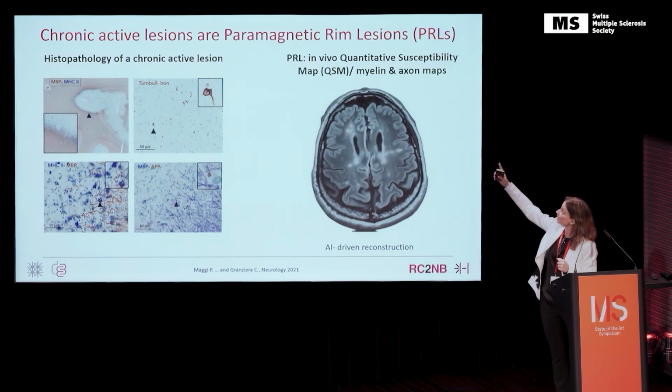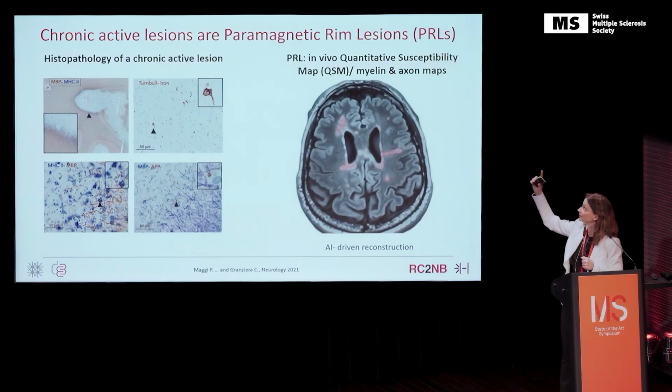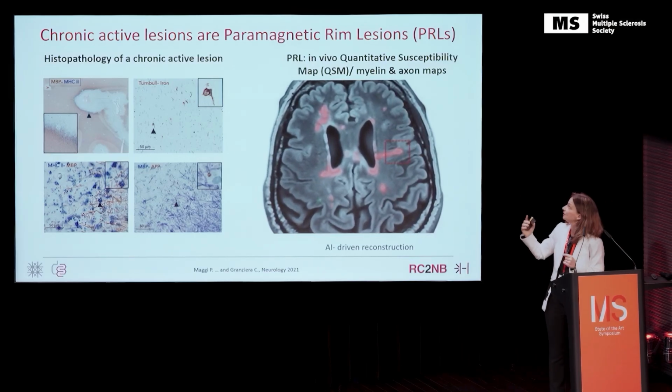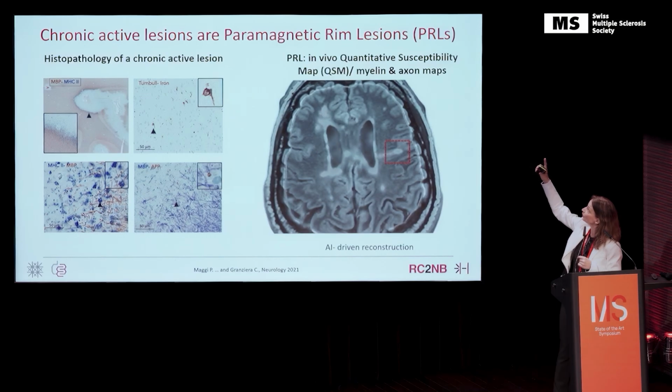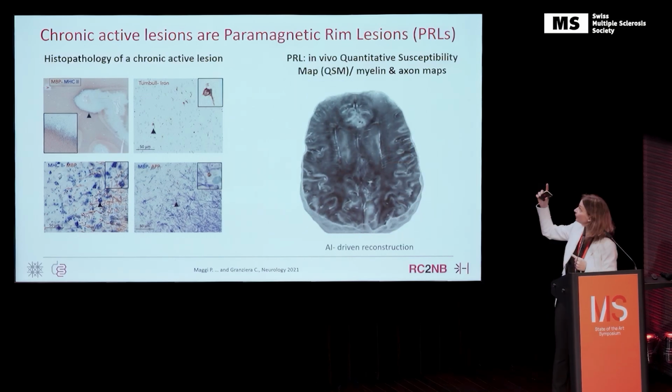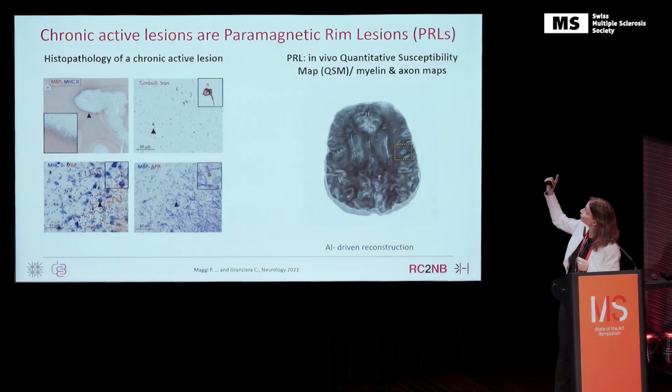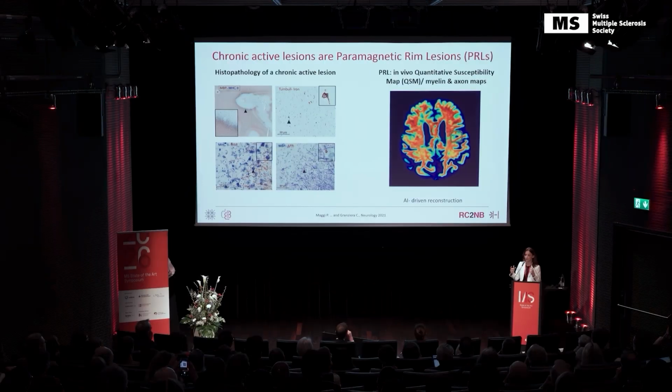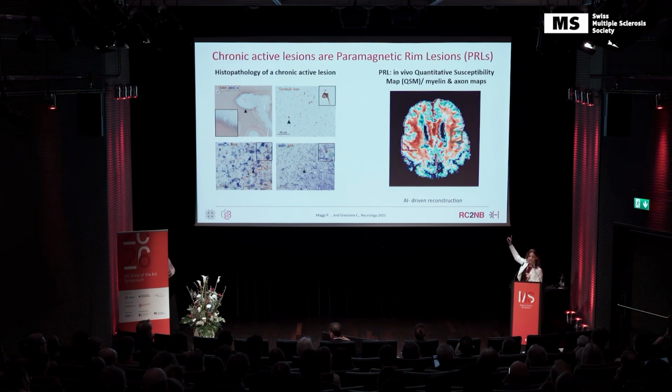So this is the brain of an MS patient. You see the lesions, you see in red the lesion mask. And now we focus on that lesion, which appears in a QSM map having this white rim, and this is iron. But the most interesting thing is that if you use a myelin map, this lesion is completely blue, which means complete lack of myelin. And in an MRI axon map, do you see the bluish core and the surrounding, which is a bit less bluish? This is lack of axons.